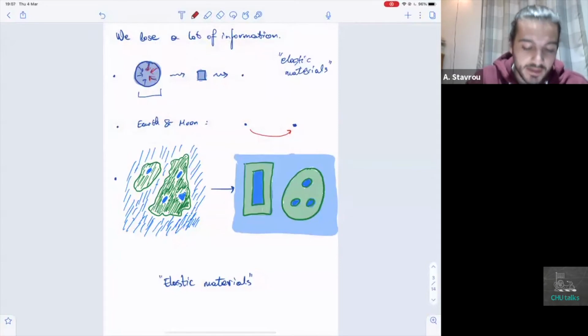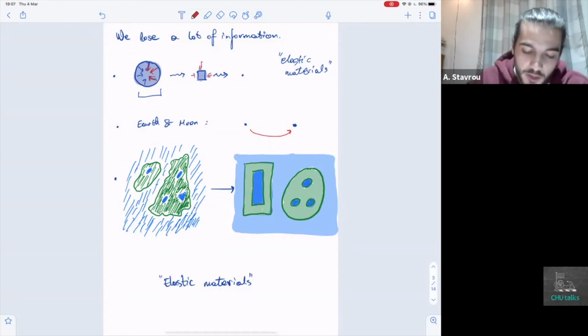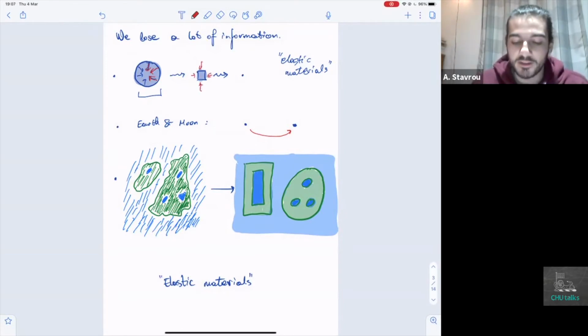Just imagine it being elastic or made out of plasticine. You can sort of push it to form a smaller square, or for that matter, you can conceptually, if you do not insist on it having the same volume, you can shrink it all the way down to a point,